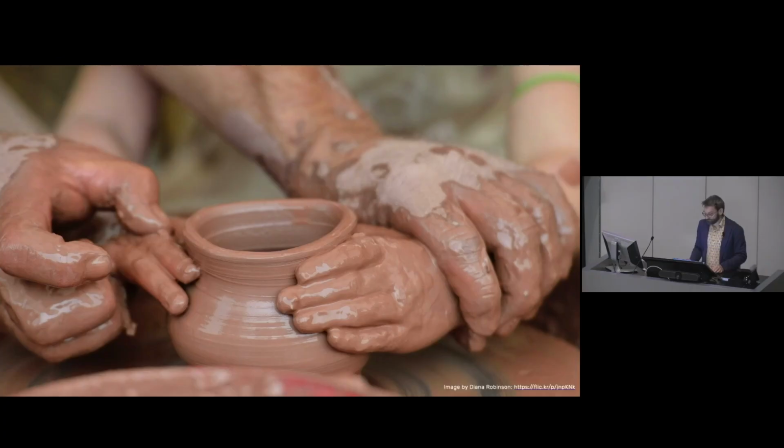But I'm going to start with the slide that I showed two years ago, and I've shown a couple of times when I talk about my work, even though it's not my work, and that's this wonderful image here that I found on Flickr by Diana Robinson, just because I think everything that I do in terms of my work relates to this image. And just take it in for a moment, ignore the image credit, and think about everything that's going on here, right? There's learning, there's